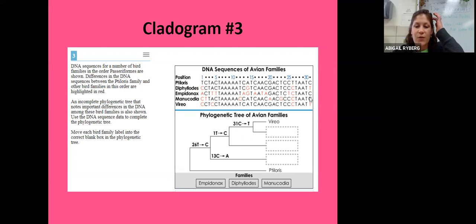And it says for these two families, we want the C to be swapped to a T. And by golly, if you look in base number 31, there are 2 families that have a T. So the Vireo here at the bottom, Vireo has a T, and that's already placed for us. So now we know we will place